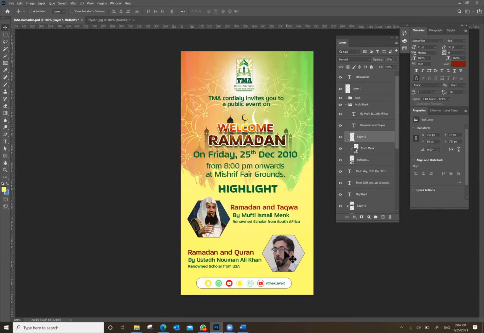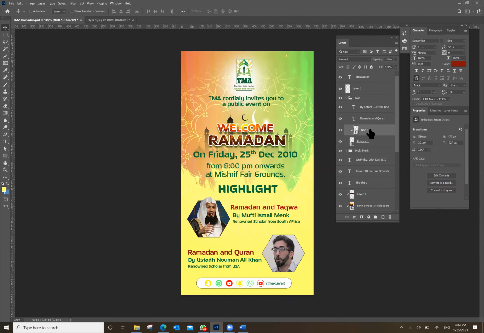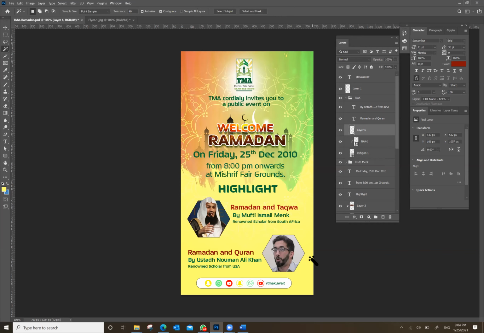Same thing I will do for Numanali. I will close this box, go to the Numanali picture, and make sure you are on top of the Numanali picture. Just select his head, right click, layer via copy, and with the help of the magic wand or lasso tool, anything, remove the background, because in the first session I have shown you how to remove the background color.